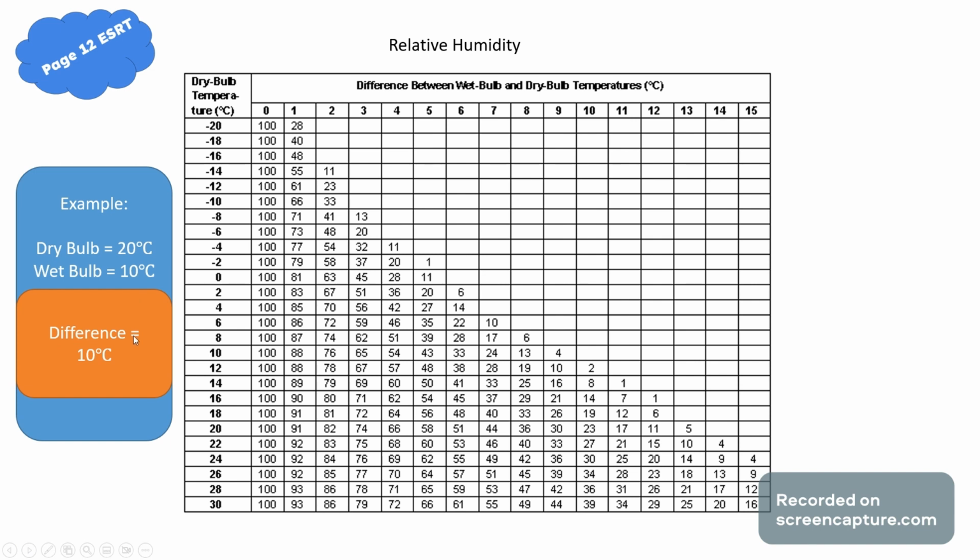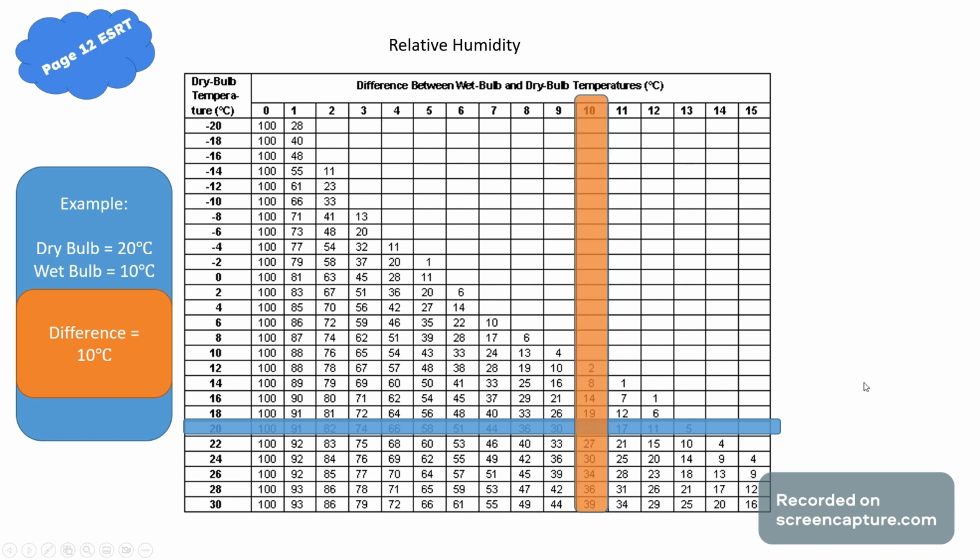So our difference here, once again, is 10 degrees Celsius. Same process as before. Take your 20-degree row and your 10-degree difference column, and where they match up is your